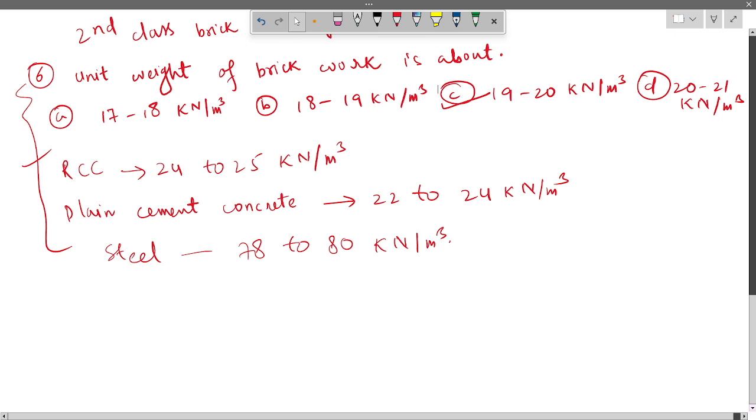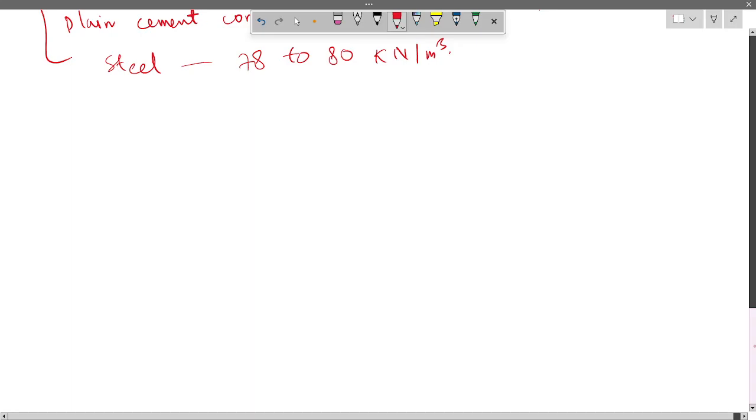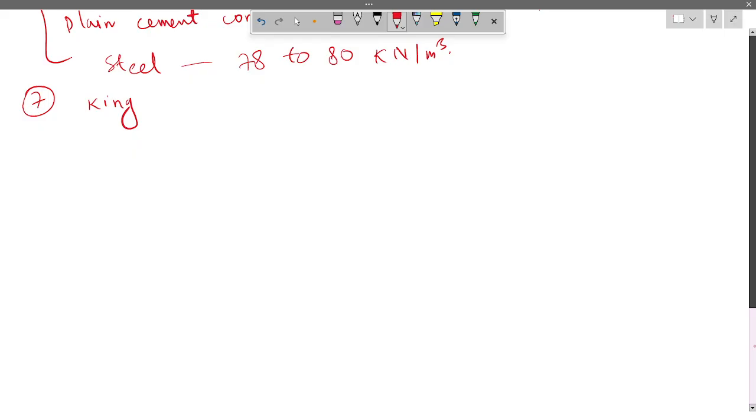Sixth one. Now we will solve the first question. We will solve question number 7. Question number 7. King closures are related to. Yes, very easy. King closures are related